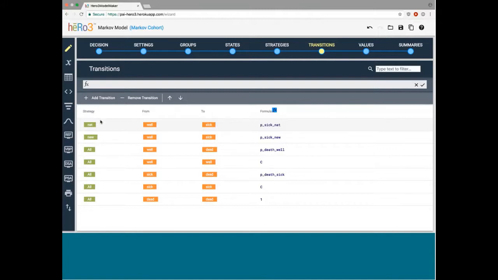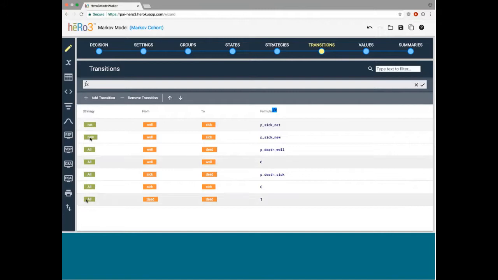Each one of these rows represents an entry in one or more transition matrices, where the from state represents which row it's in, and the to state represents which column it's in. So we're just defining different cells in that transition matrix. Rows that are not included in here are just assumed to be 0. So in this table, we're only including the transitions which are possible. For example, we don't have a transition here from the dead state to the sick state because, of course, that wouldn't be possible.